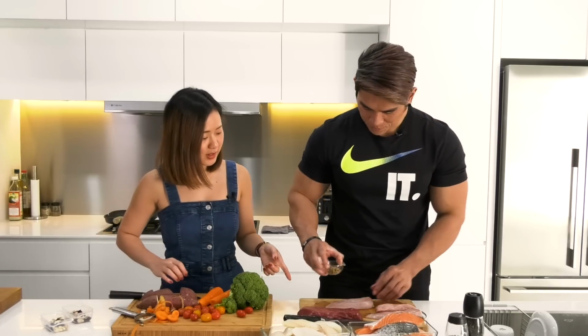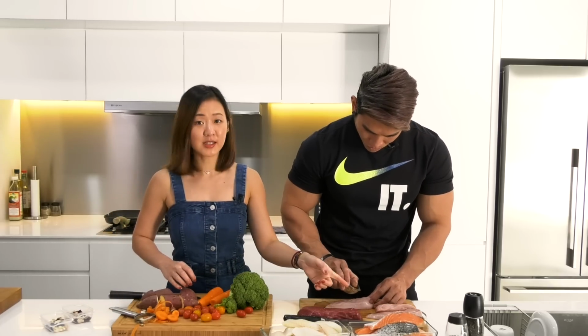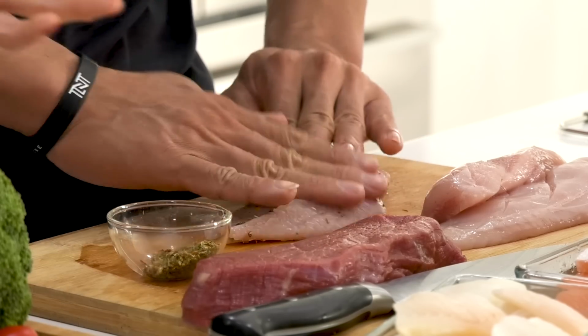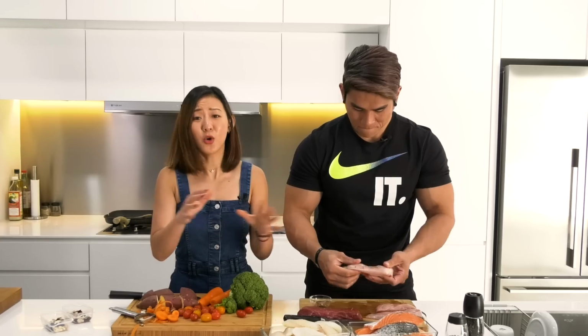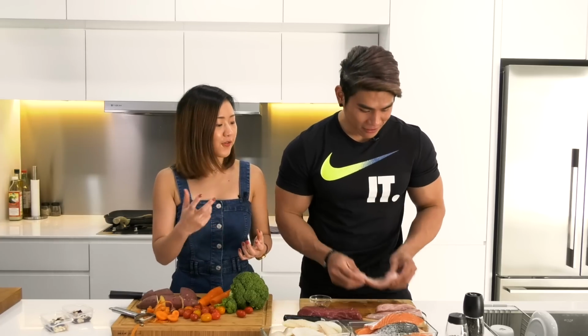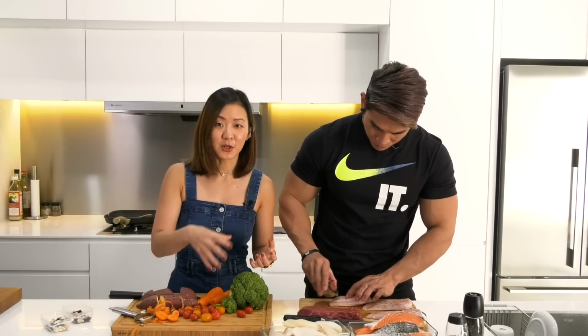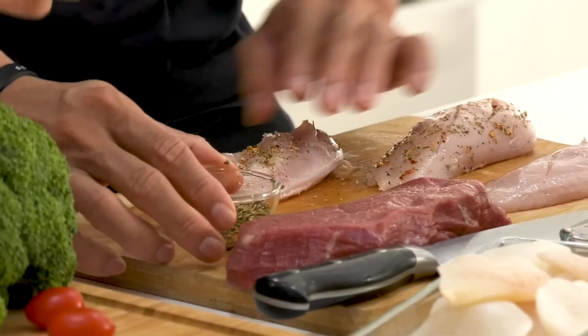So what Terrence is doing right now, he's going to marinate the chicken breast with mixed herbs. The reason why we like to use herbs to marinate is because there's almost 0 calories, but you get to flavor your food and it makes your food taste so good without the additional fat, cream, which you just don't